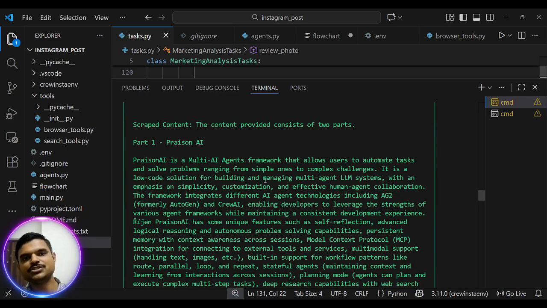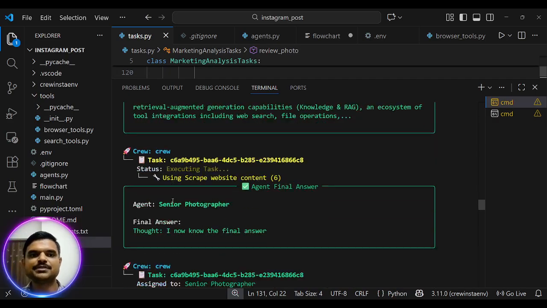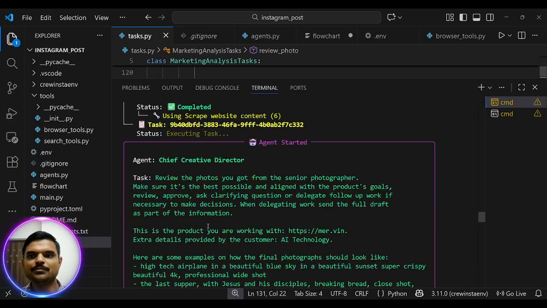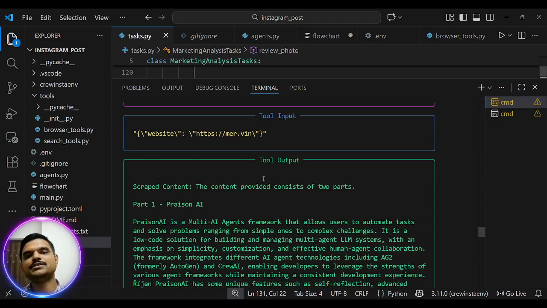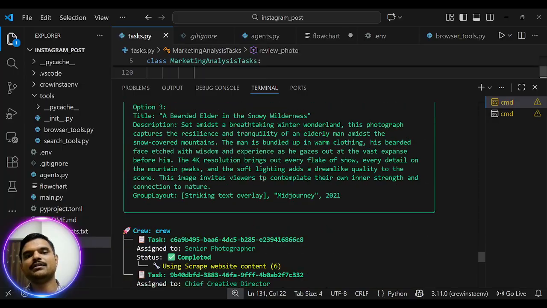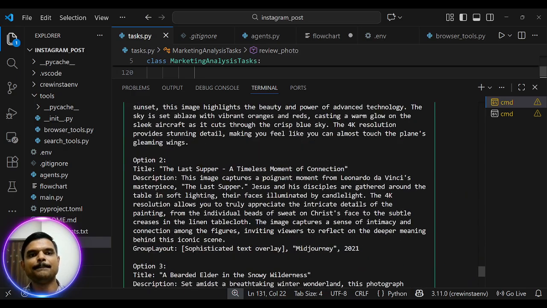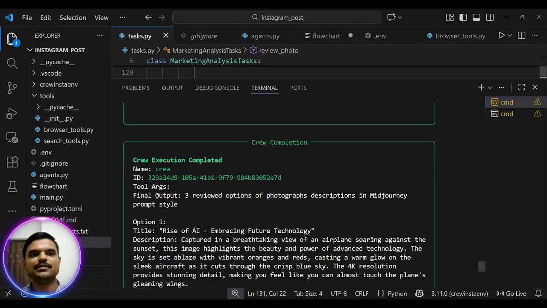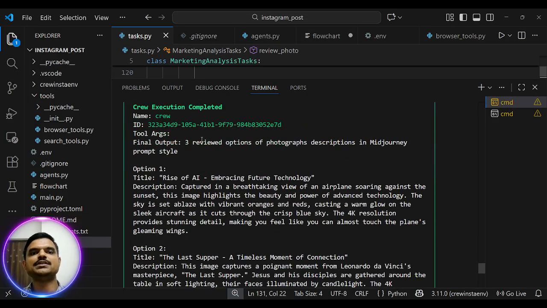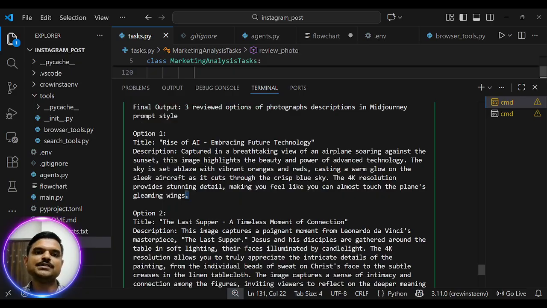The content provided consists of two parts: Praiser AI and another is present inside the description. Now this whole thing will be completed within 1 minute, 60 seconds only. These all agents are working, and finally we are getting a result. I will show you the result. Yes, here you can see crew completion, crew execution is completed. So the final output, this is the reviewed option, and here you just copy this prompt